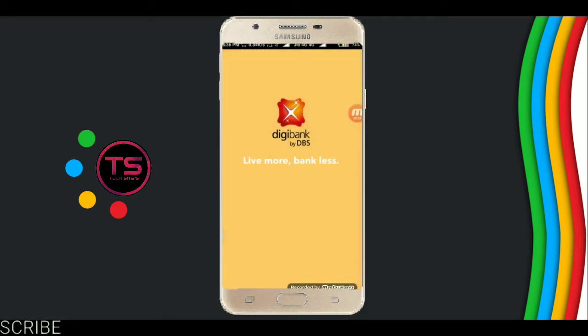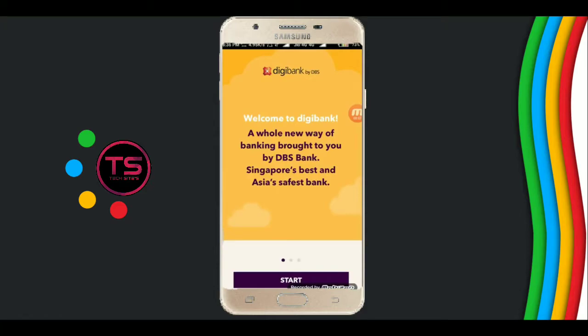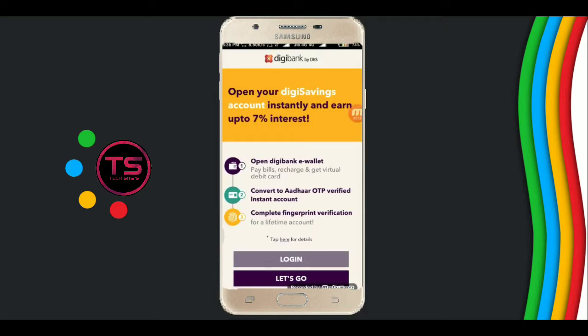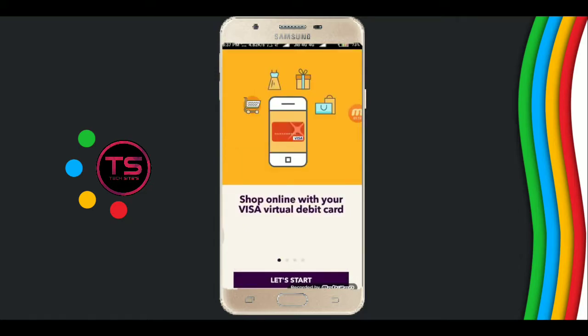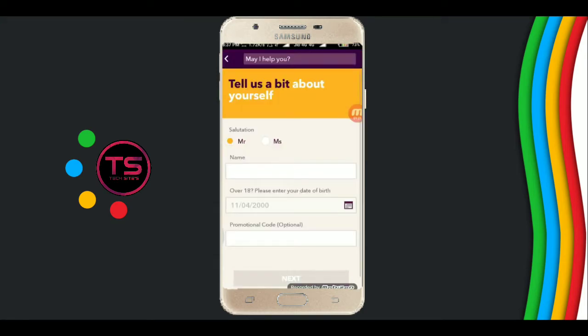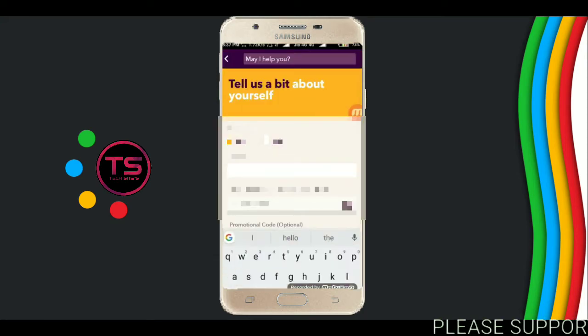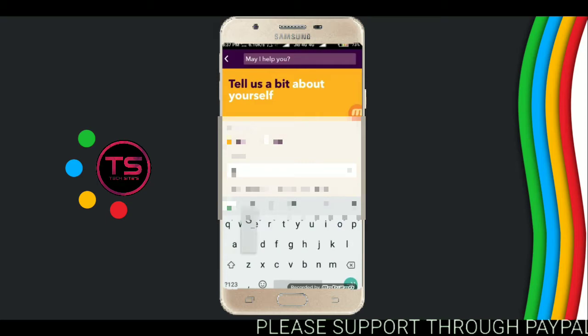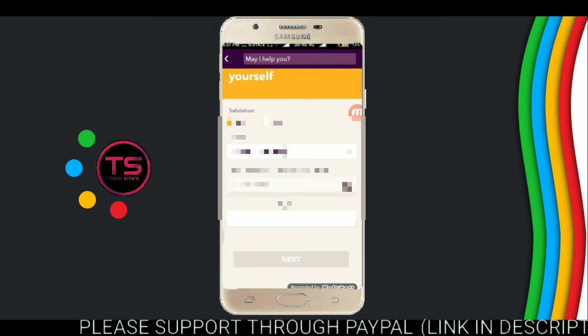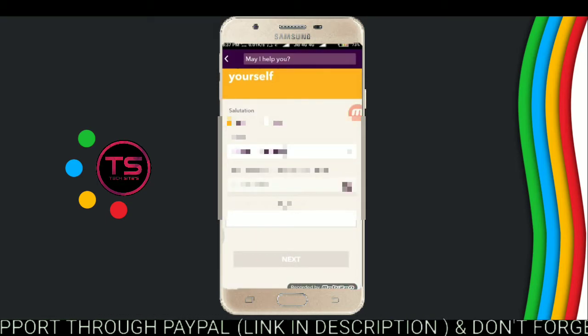Now the app is opening. Now click to start. Now click on login. No, first click on let's go. Now click on let's start. Now enter your name, write your date of birth,